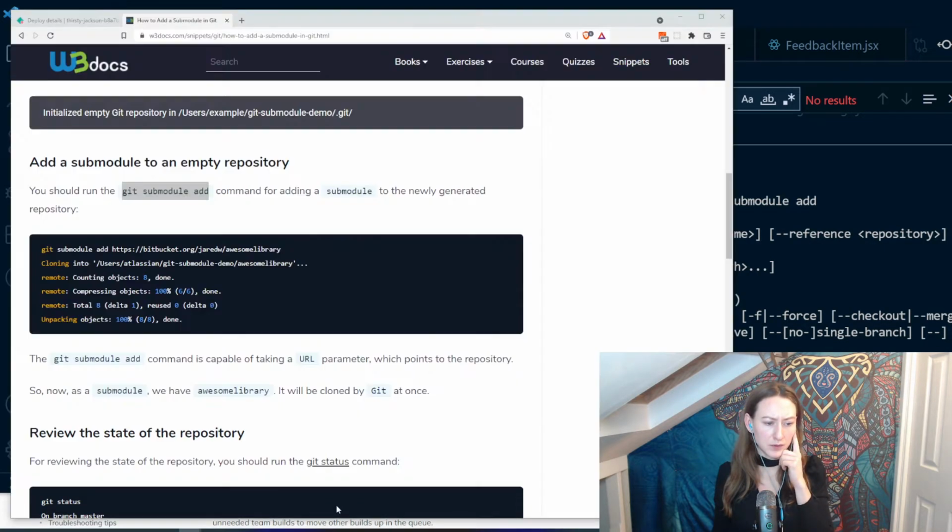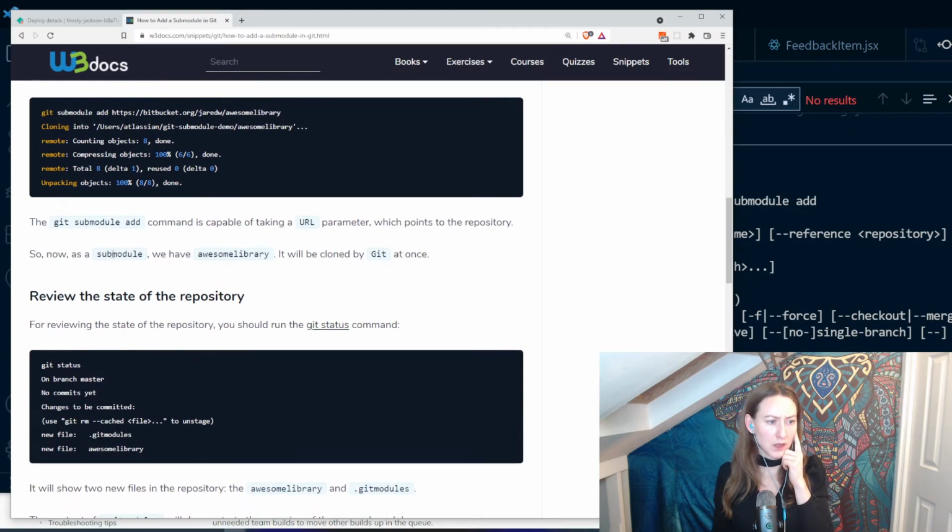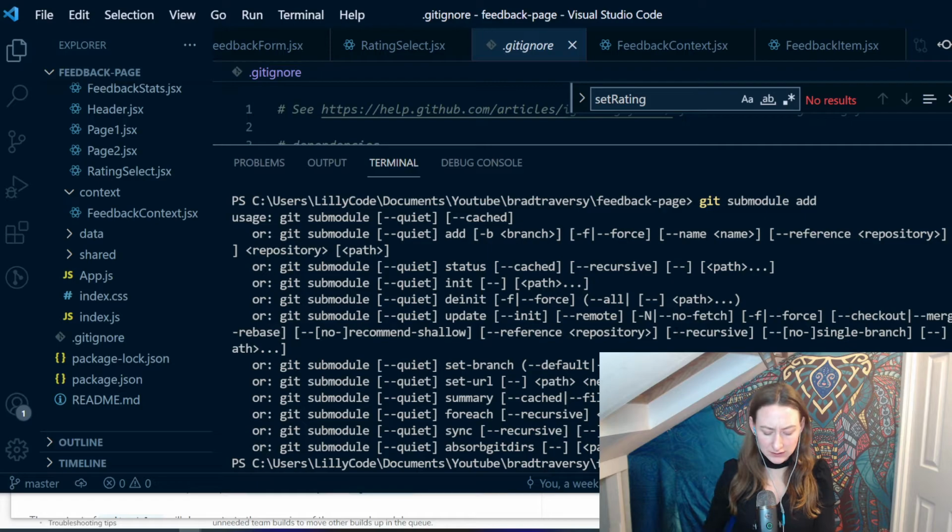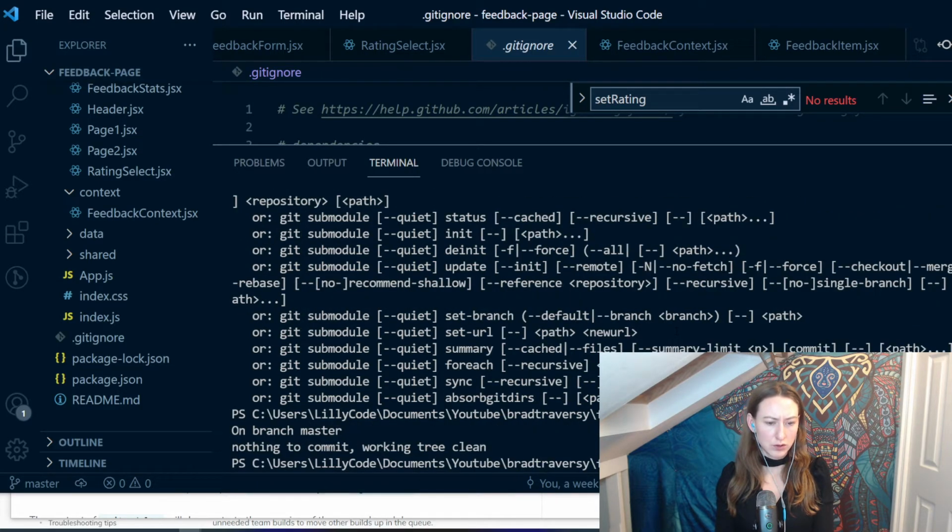Let's see. Keep reading for a moment. So now as a submodule, we have awesome library. It will be cloned by Git at once. For reviewing the state, you should run git status. So git status. Okay. So let's